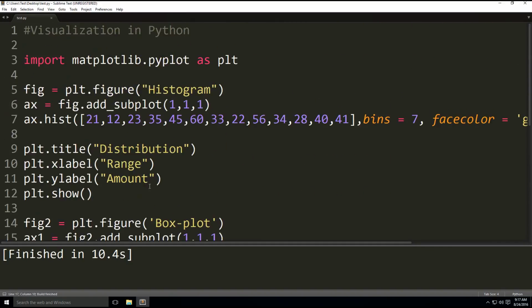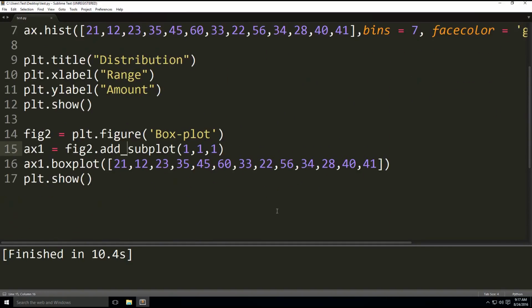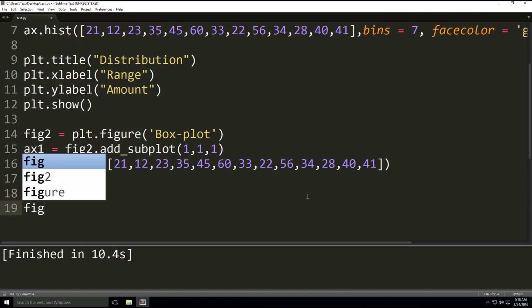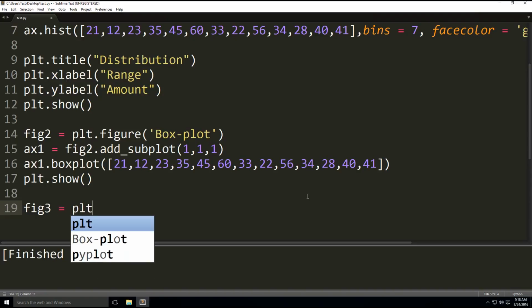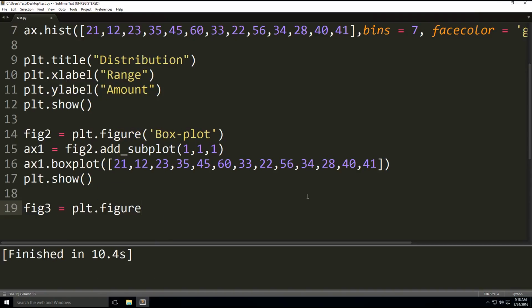So moving on, that was our box plot. And now our next example, well, actually, I should say it's possible to change the orientation of the diagram as well as plotting all the values from a data set. In our next example, we'll be showing you how to compare some values by creating diagrams. So now we're going to use a bar figure, bar graph, whatever you call it. So fig3 equals plt.figure, and in parentheses bar,